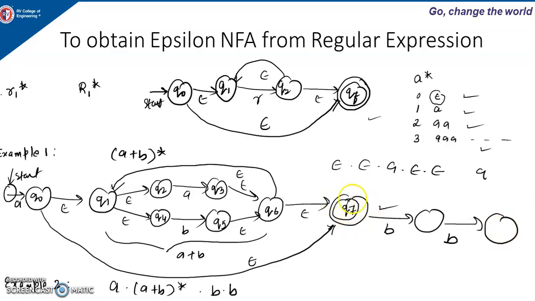Like this. And if you want, after A you can add one more null transition, or between this B and B you can add one null transition. That is optional. For this also, in the same way, first we construct for A plus B, then (A plus B) star, and then we add A before (A plus B) star, and after (A plus B) star we add BB. So this is how we can